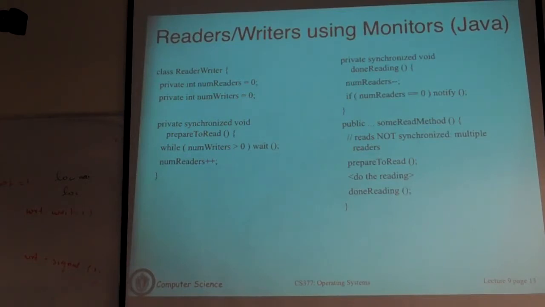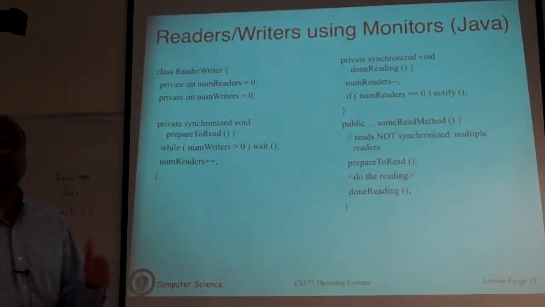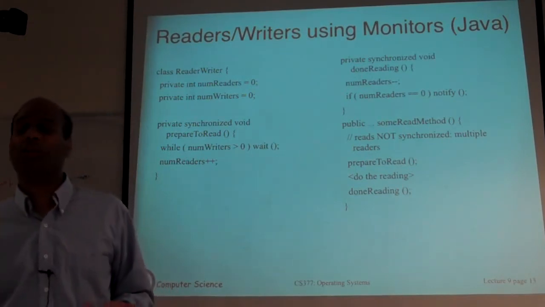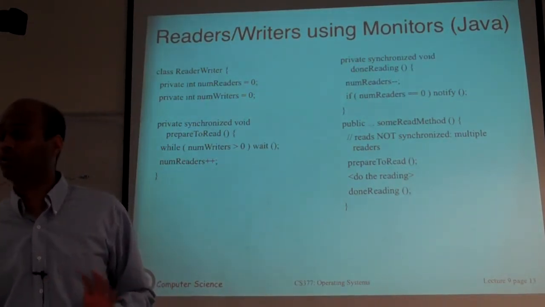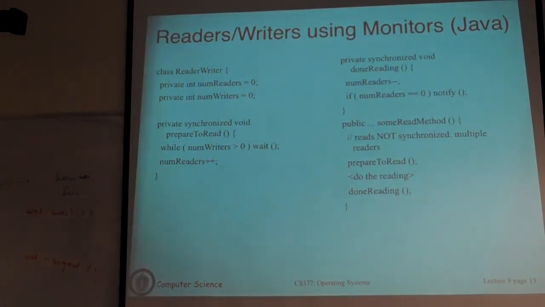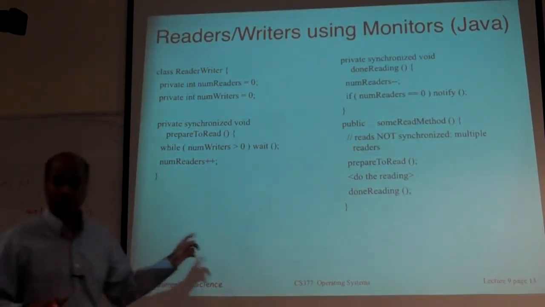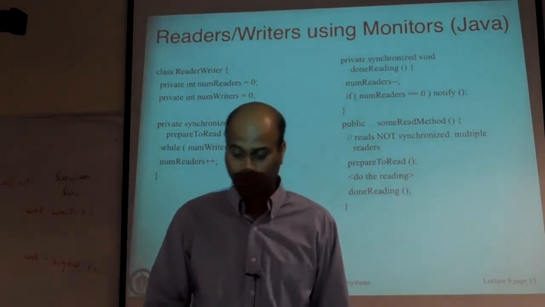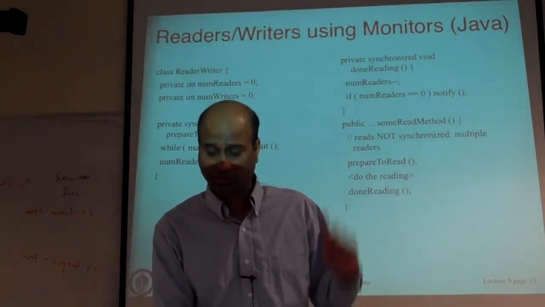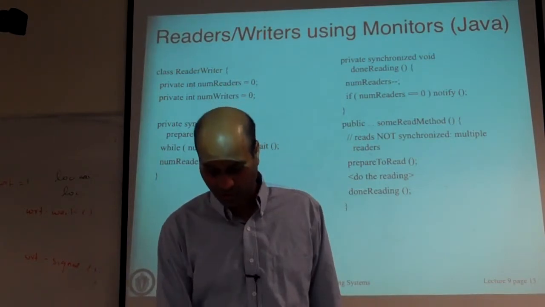Okay? If you let this writer block these readers but let other writers sneak in, that's not fair. So if you want to say fairness, you better define what you mean by fairness and then try to write code that meets those properties. We never defined what fairness was. I just threw it out as a vague term, and we just thought that life should be good for readers and writers, but didn't say in what way it should be good. Okay, but it's better to define it. So this solution may not do that. You can, of course, write other extra stuff here to get that kind of property.